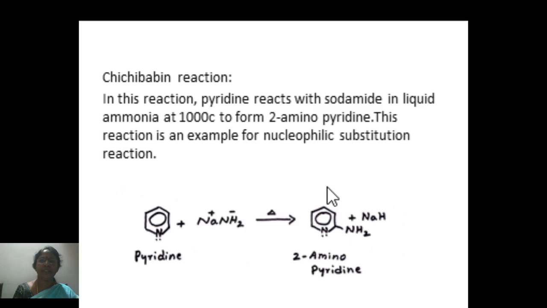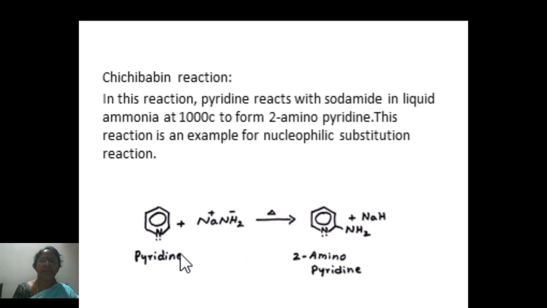In previous case, in case of pyrrole, furan, etc., electrophiles attack at C2 position, while in pyridine the nucleophilic substitution reaction predominates at the second position. This also undergoes electrophilic substitution reaction, but electrophile attacks at the C3 position.